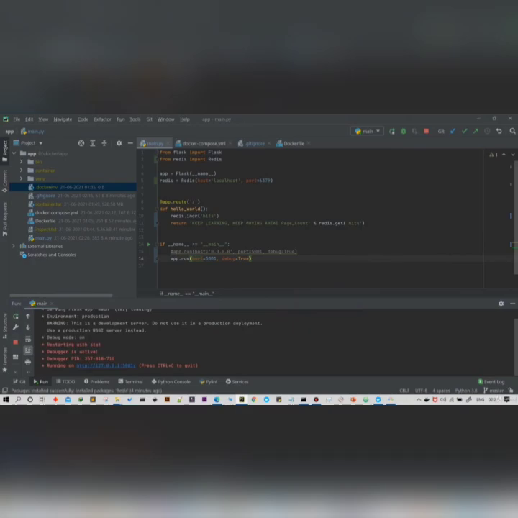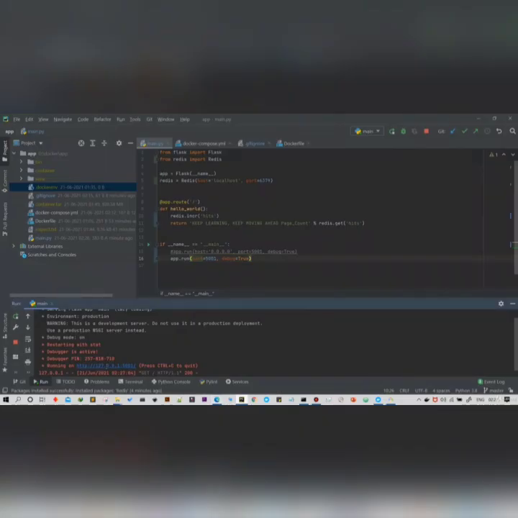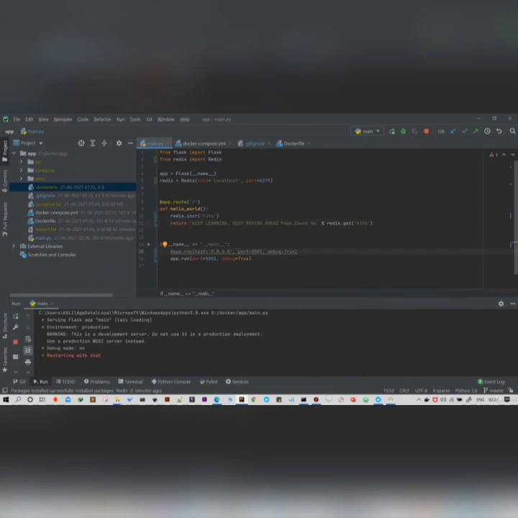Okay, now I've restarted the server again, and we got the message keep learning and keep moving ahead, but still we didn't get that count. But we have one client showing inside that redis server. I think there's some kind of silly mistake here in this Flask application. Okay, inside this return part we didn't add the data for the format specifier, so we need to provide the format specifier here so that you'll get the number here.